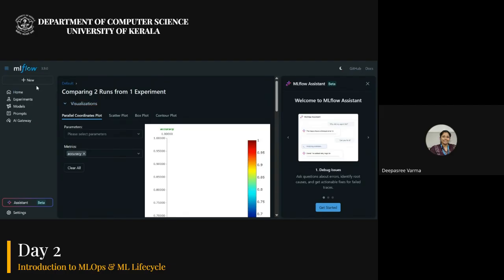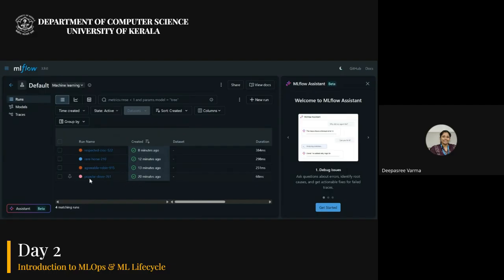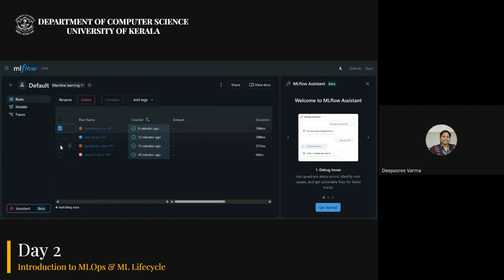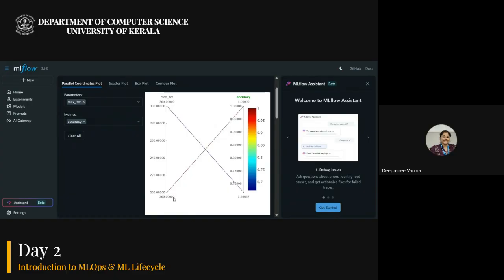Let me take 2 different models. Let me take this first model and compare. Here you can clearly see one of the models gave me accuracy 1 while the other gave me accuracy 0.66. The maximum iteration was 300 for the first model, the other was nearly 200.